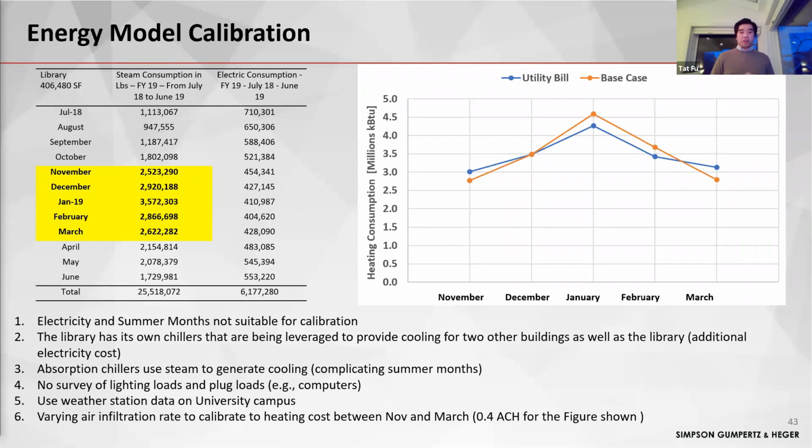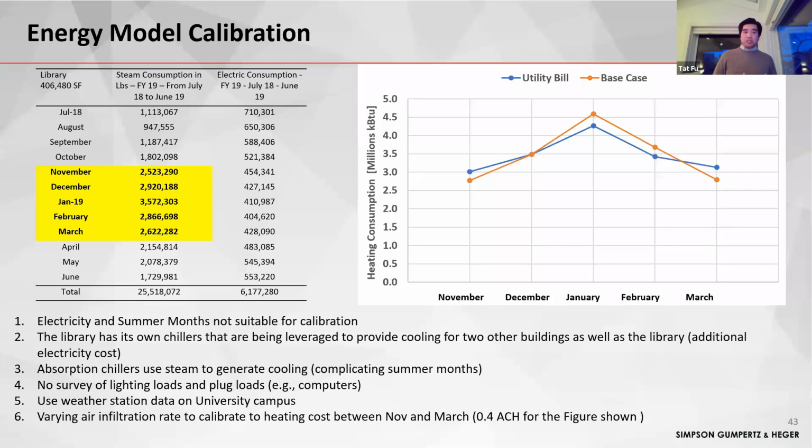For the calibration part, for this particular building, the university was able to give us the gas and electricity data from July 2018 to June 2019, so one year's worth of data. Our initial idea was to calibrate to both the gas heating energy and the electricity, so that we can calibrate our model. But very quickly, we realized that we cannot really calibrate the electricity. It turns out, as bullet point 2 says, that